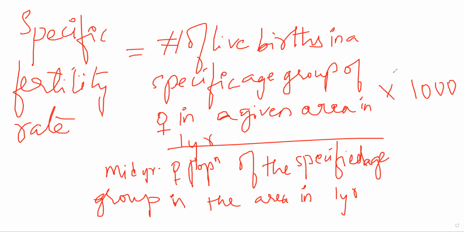I'll give you an example. One second. Let us suppose you are trying to calculate the fertility rate for one particular population. Let us suppose there is a village in Telangana which has about 50,000 or 5 lakh people. Example. Now I will put in the age groups.